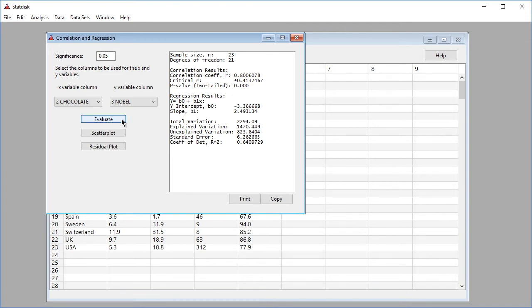The results include the correlation coefficient and the p-value. In this example, the correlation coefficient equals 0.801 and the p-value equals 0.000. Because the p-value is less than or equal to the significance level of 0.05, we conclude that there is sufficient evidence to support the conclusion that for countries, there is a linear correlation between a country's chocolate consumption and the